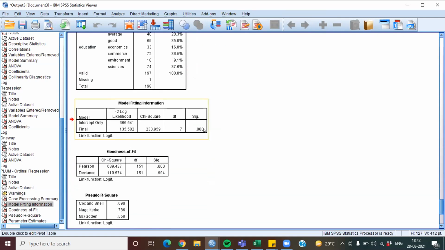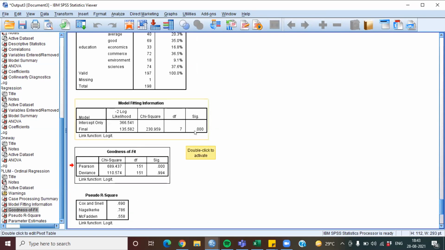If the p value is 0.00, it means we have a fit model by chi-square. We are accepting that our model is fit. This is another goodness of fit, Pearson. That is, our model is fit. This p value will indicate this.